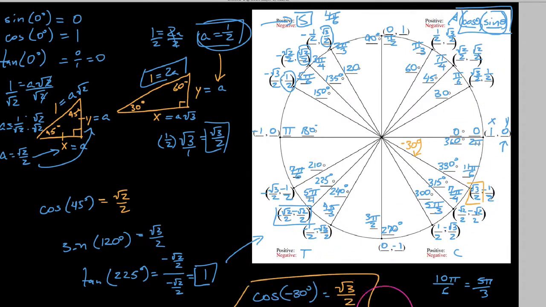But the only thing you need to know on this entire unit circle really is this first quadrant, as well as your 4 quadrantal angles, because this is just going to tell us how the other 4 quadrants behave, because you'll notice that all these points were identical in each of the 4 quadrants given some reference angle. Okay, so that is the entire unit circle. Don't lose this because we're going to use it